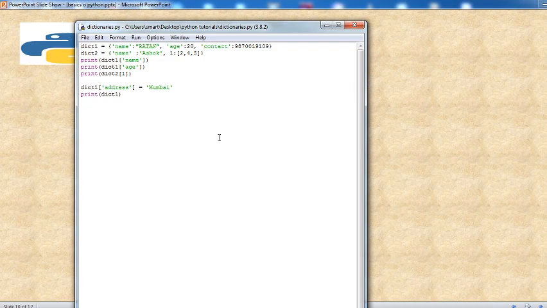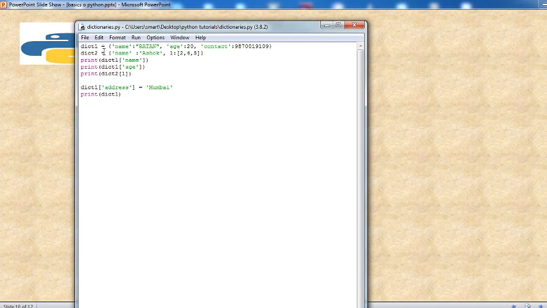So if the key is a string, then in that case the string is represented in single quotes. But if the key is not a string, if it's a number, then in that case it is written like this.